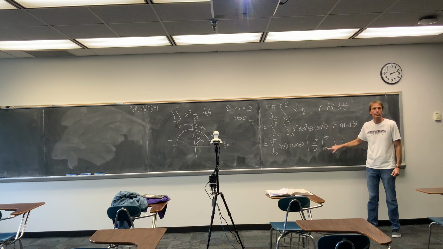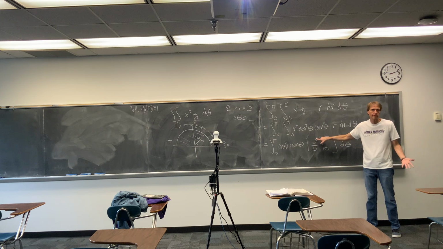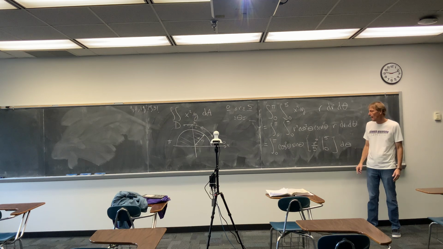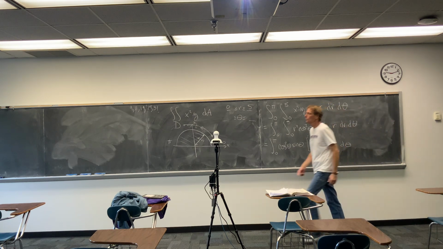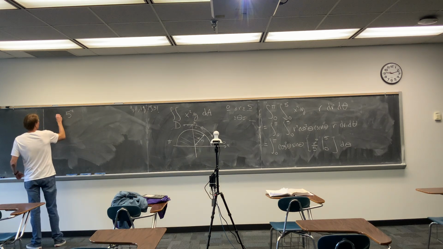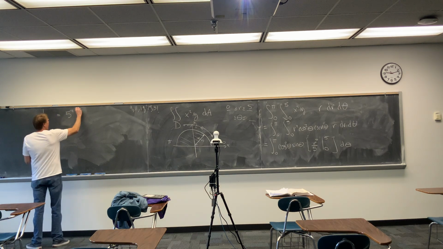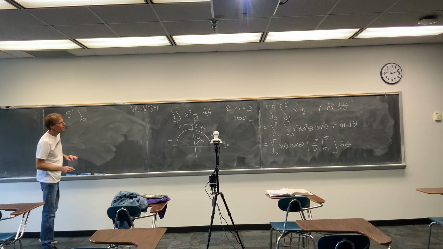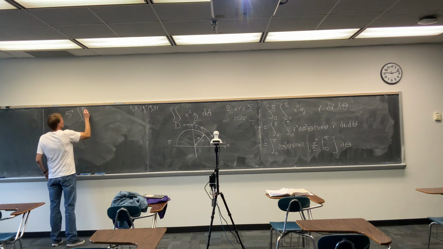Plug that in and plug that in. When you plug 5 in, you're going to get 5 to the 5th over 5, which is 5 to the 4th. And so then you're just left with 5 to the 4th. Pull that all the way out. The integral from 0 to pi